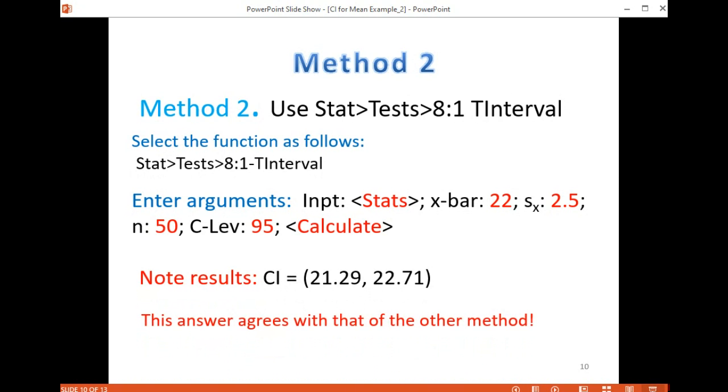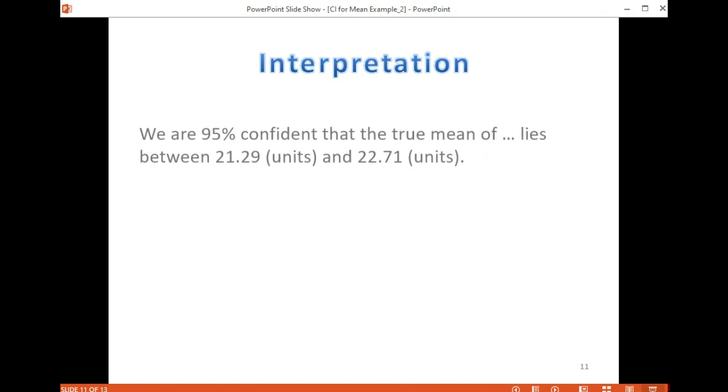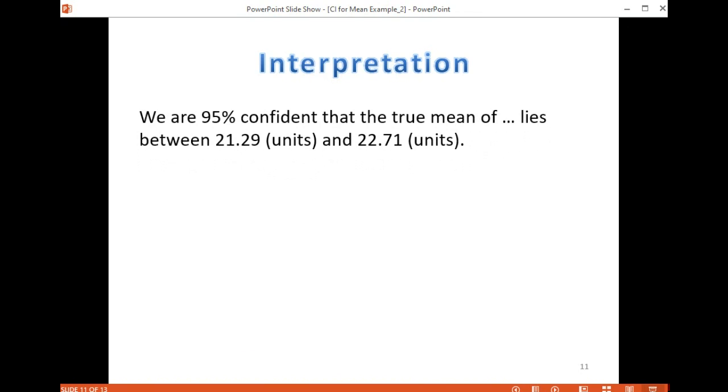So our answer agrees with that which we get in the other method. Voila. Okay. So one thing we have to remember is how to interpret the meaning of the confidence interval. A lot of times you'll get this question, give the interpretation, and here is the interpretation. We say that we are 95% confident that the true mean of,